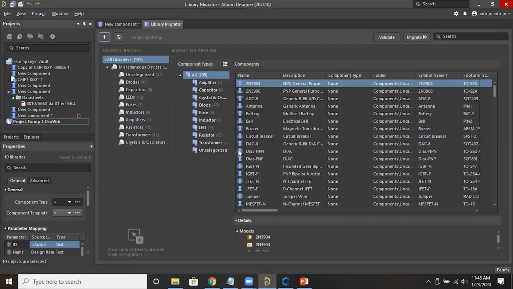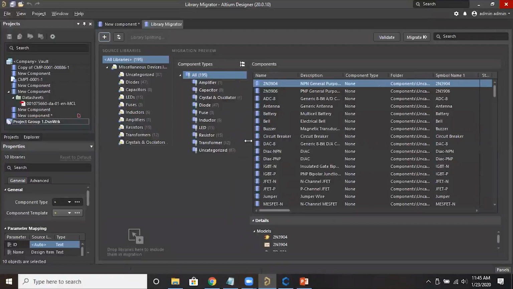So there are some uncategorized symbols also. It means in that component nothing is mentioned, whether resistor, capacitor, or the description is also missing. So in that case, it will create that as uncategorized. Again we can go to that and change it to a different type, where we can assign the template.